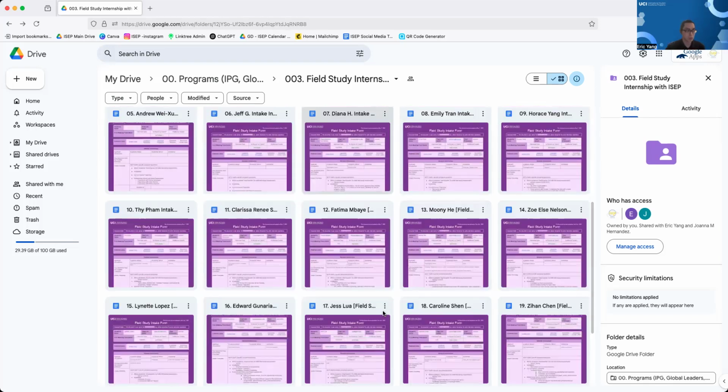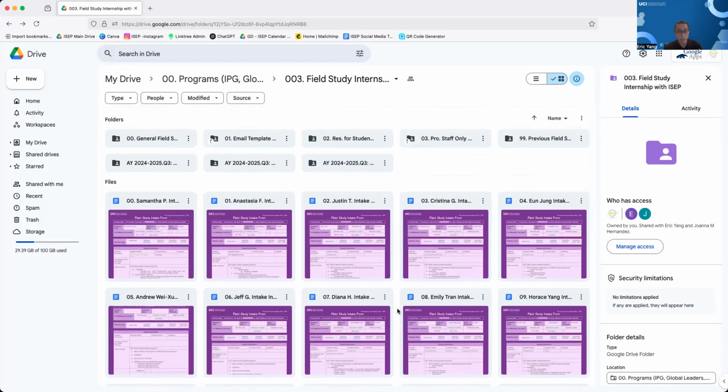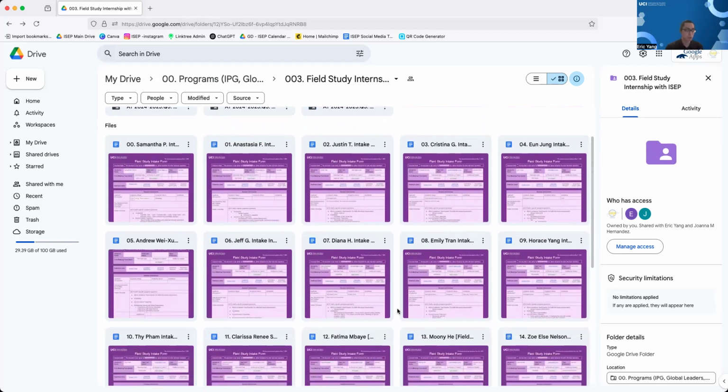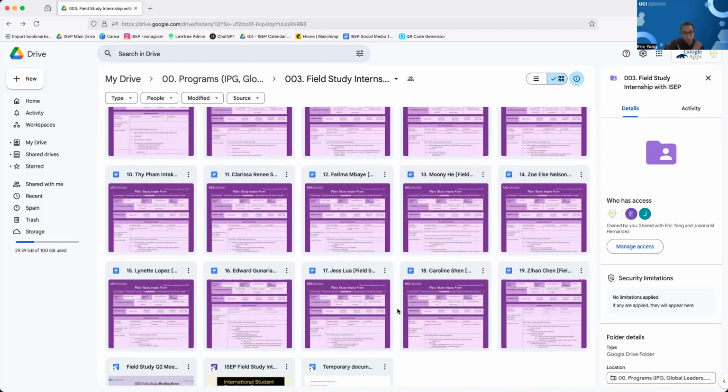So we do have a lot of people who do interview, not too many, not at an unmanageable level, at least not yet, but we do definitely have a lot of interested students. And during the spring quarter, so basically around winter quarter, a lot of people reach out to us to do a spring quarter field study because a lot of seniors wait until the last minute to graduate, and it's a requirement to graduate. So a lot of students do wait.